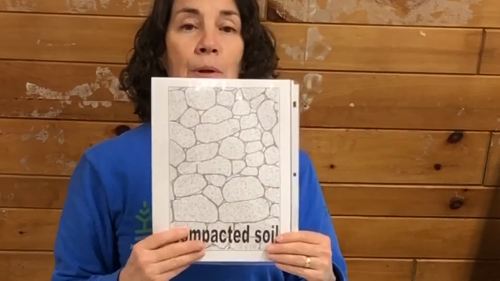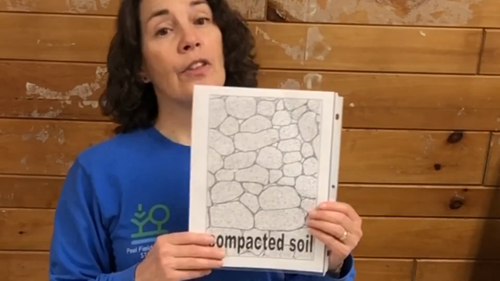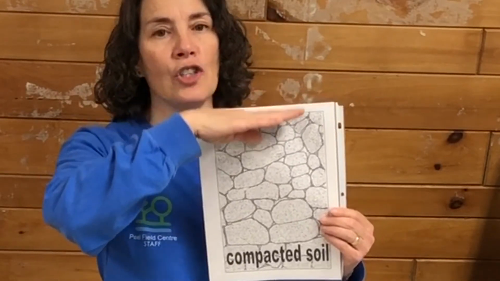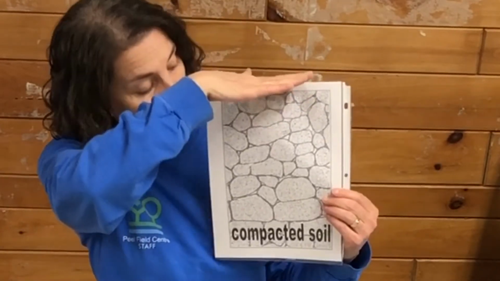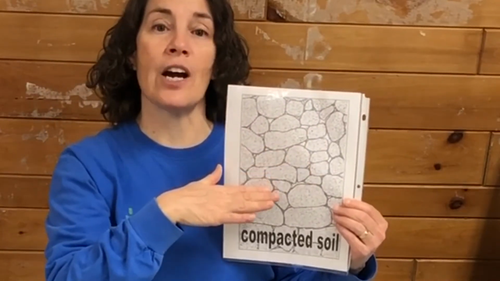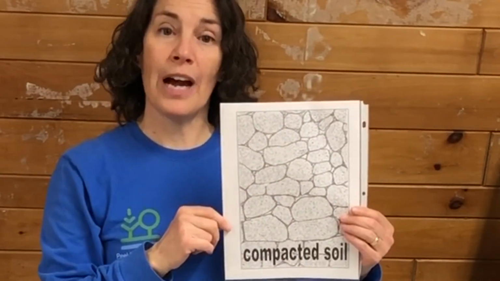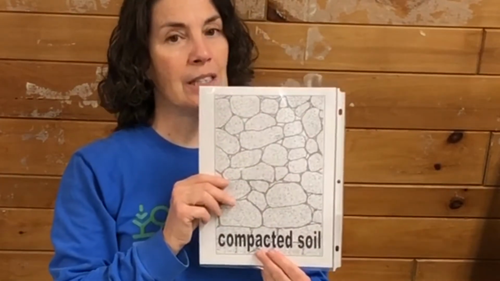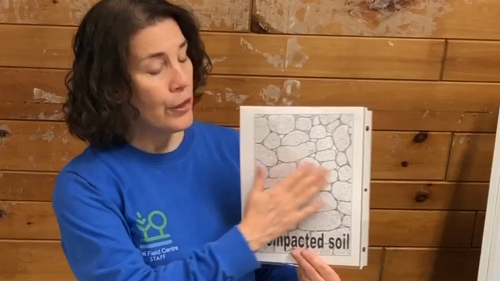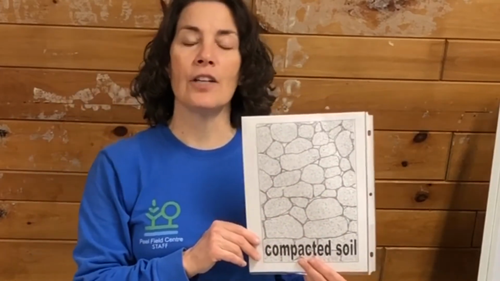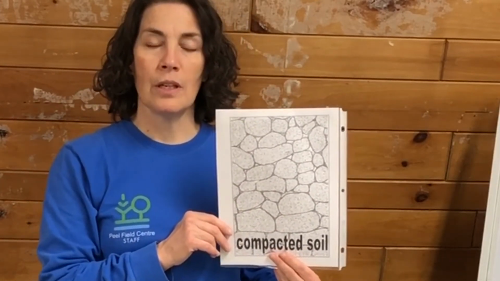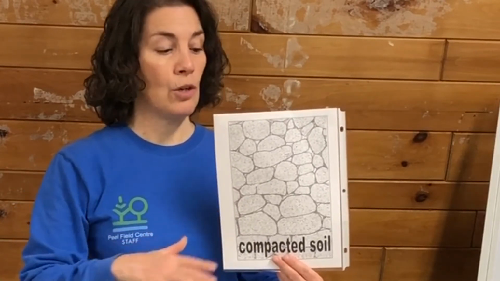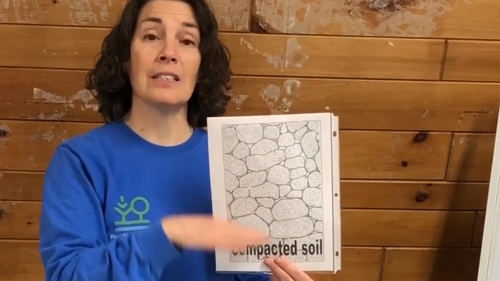This is an example of an unhealthy soil. This is compacted soil. So something happened on the surface of the soil to squish the particles down and squish the air and water out of the soil. So you see, healthy soil and soil that has been compacted. This is what it might look like underneath our roads where cars drive. So underneath the pavement, of course, there is soil, but it would have been compacted because of the heavy objects